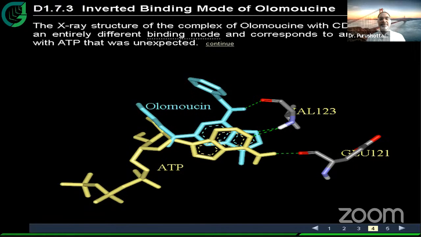So here you could see the ATP binding, ATP also superimposed, and olomoucine is also shown here. But you could see that the adenine moiety is totally inverted. So in the case of the ATP, the binding mode is totally different from the case of olomoucine. So the teaching here is that do not go